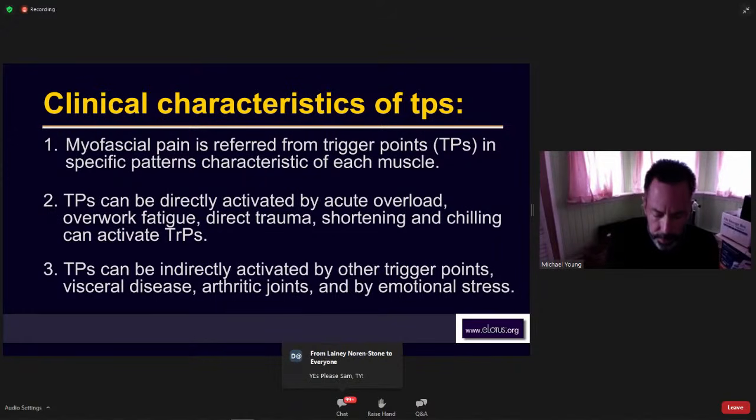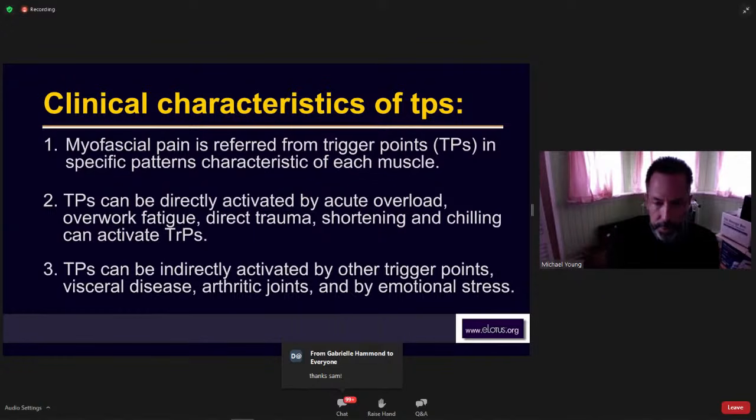One patient I saw yesterday started some swim exercise that she wasn't used to, and it resulted in a trigger point. More commonly, people shovel snow and either use muscles they don't use all the time, or overload them, or help someone move,